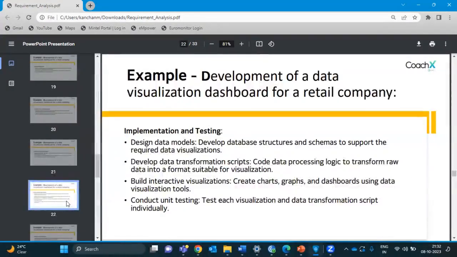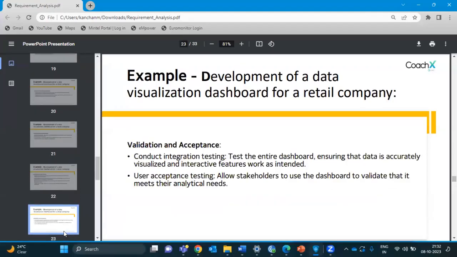Implementation and testing, this stage you will start making data models, you will start creating charts. After you finalize the mock-ups, everything, this is a time where you will connect to the live data, to the actual data set, and make the charts that are requested. And then you will also have the unit testing in place, the test scripts ready. So implementation and testing में यहाँ पर आप एक्चुअल डेटा सोर्स से कनेक्ट करोगे, डेटा मॉडल बनाओगे, ग्राफ्स बनाओगे और आप टेस्ट करोगे हर एक चीज।